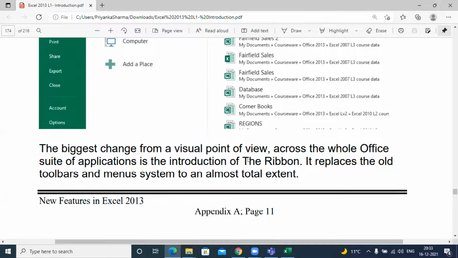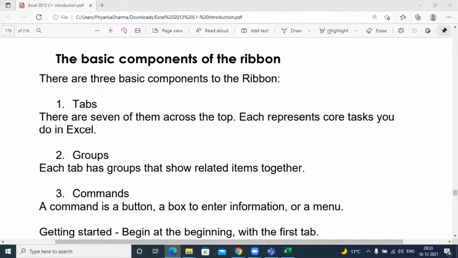In the latest version, the biggest change has happened from a visual point of view. The old toolbars and menu systems that we used to have in Excel have all been replaced, to make a better user interface and give better understanding. The whole revamping happened, and new things came up, like tabs, groups, commands.